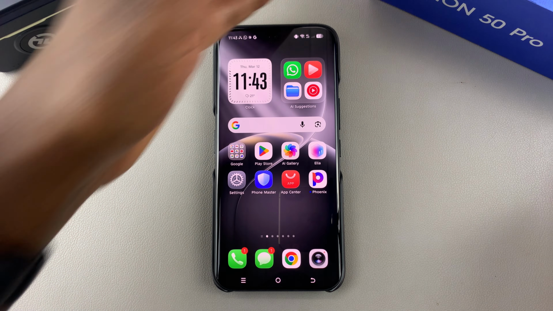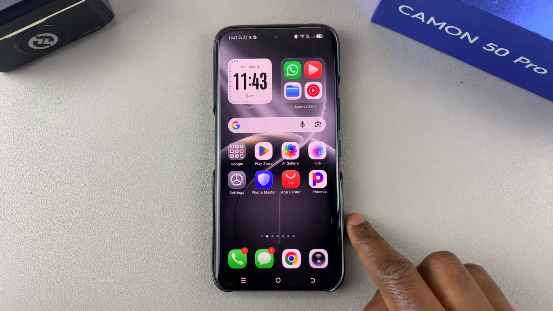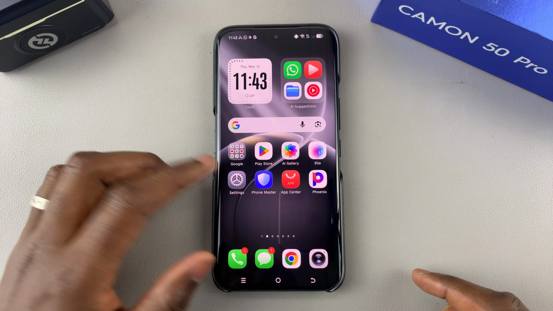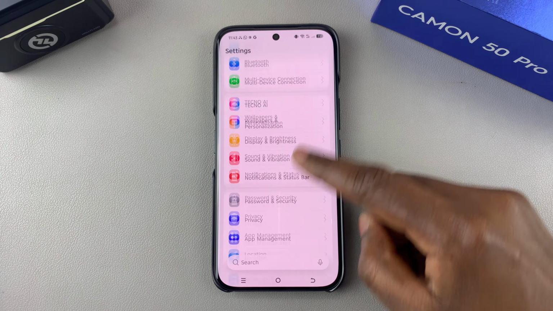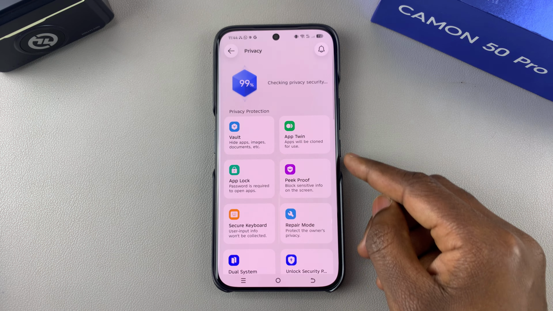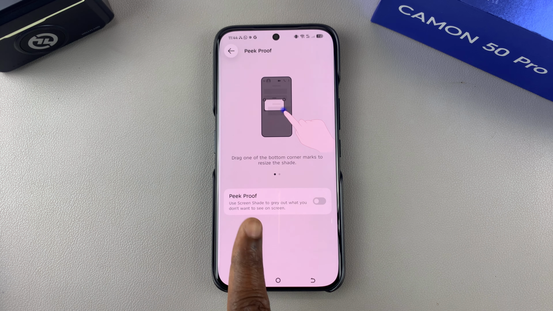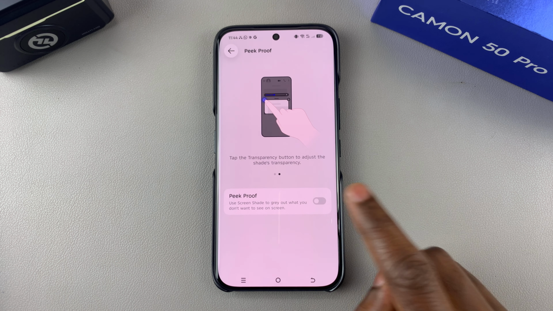Let me show you how to block the sensitive information on the screen of your Tecno Camon 50 Pro or 50 Ultra. So go into settings, and under settings you want to scroll down and select privacy. Under privacy, tap on peek proof. So tap on peek proof, and here you'll see this option,